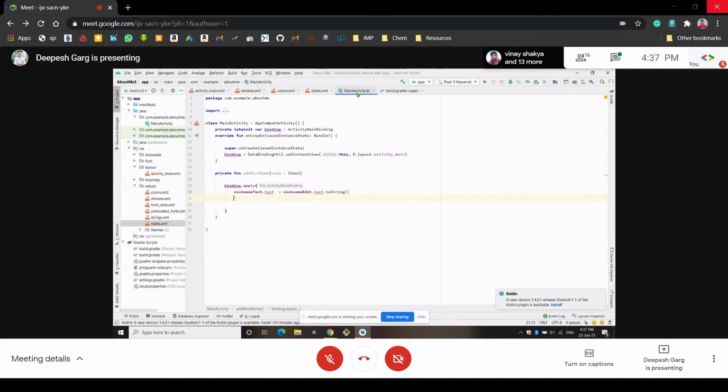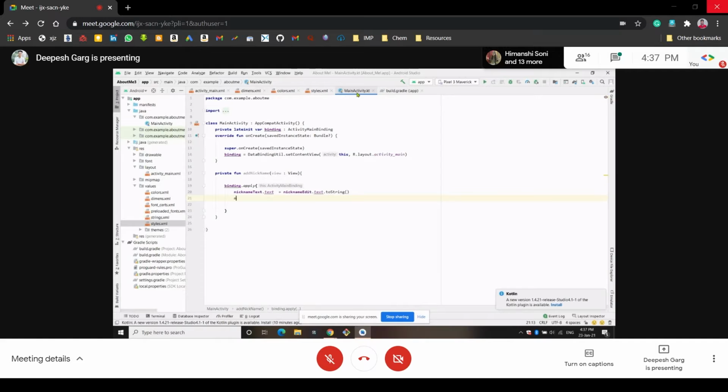Now we want this editable text view to be gone after clicking the done button. This editable text view should not be visible after clicking the done button. So we will define its visibility to be gone after transferring its text to the hidden text view.